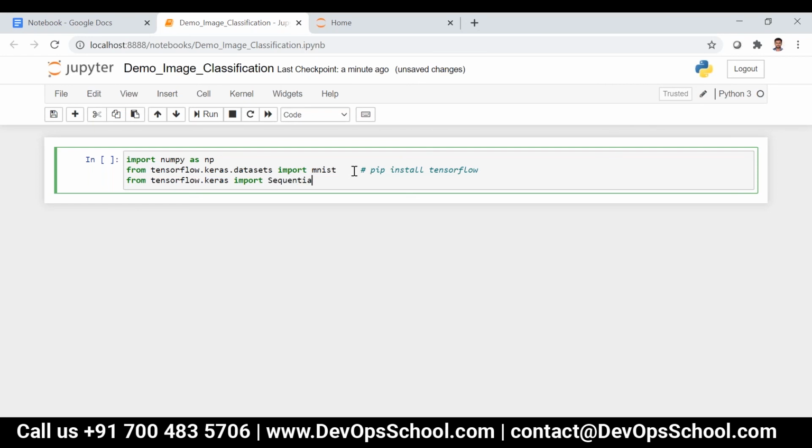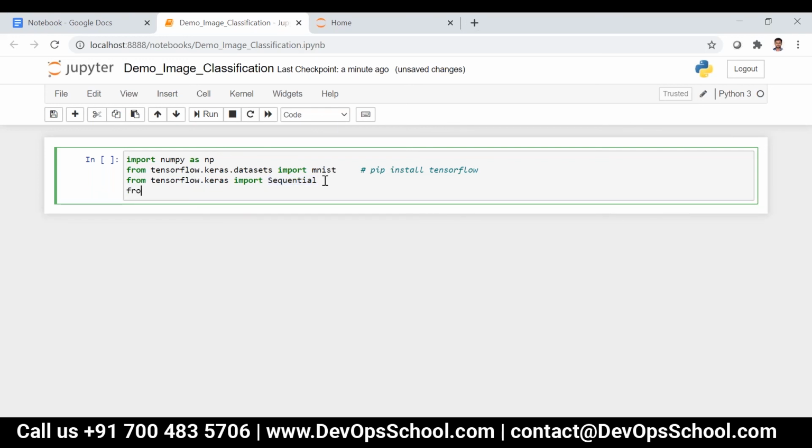So this is nothing but the model. As the name indicates, sequential means we will write n number of layers that have to be executed one after another.